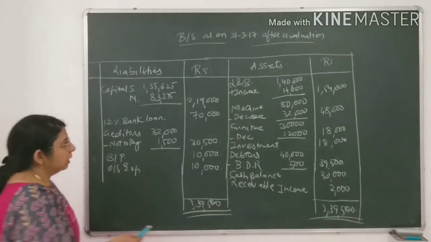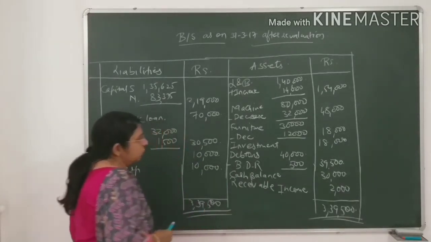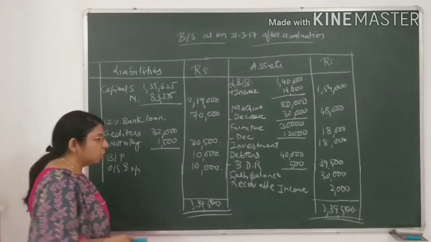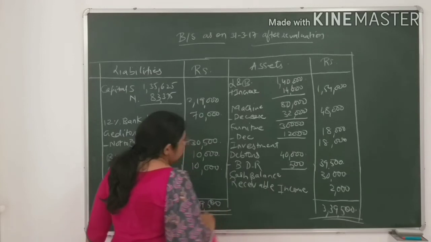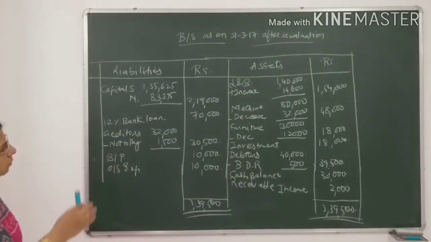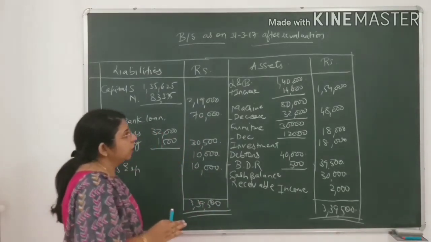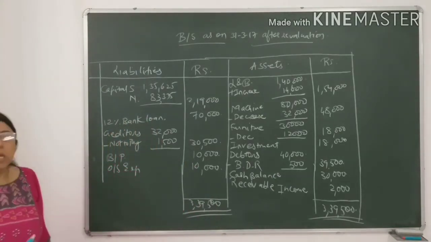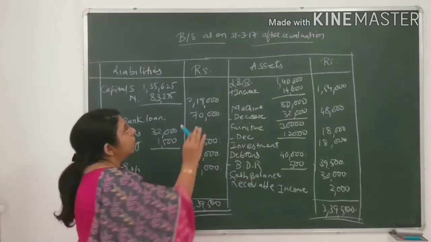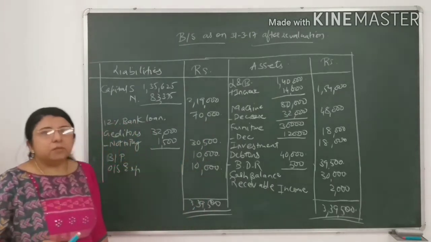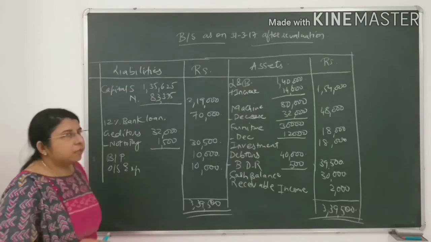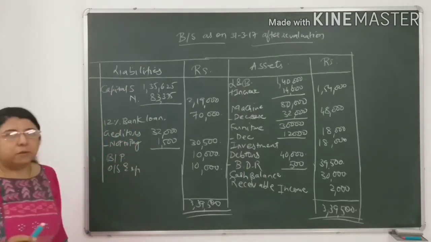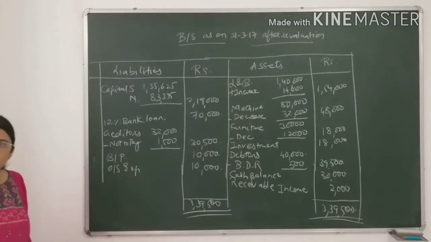And the last entry is receivable income, that is the profit for the firm, that is an asset for the firm. Assets have increased because of it, so it will be recorded on the asset side of the balance sheet. See that after completion of all the entries from the old balance sheet, none of the entries or adjustments posting is remaining in the balance sheet. If any entry is remaining to be done in the balance sheet, then your balance sheet will not get tallied. If your balance sheet doesn't get tallied, it means some entry is remaining to be posted.